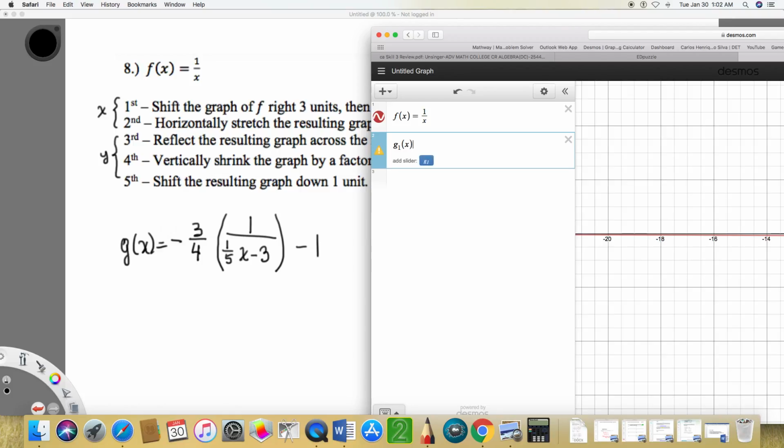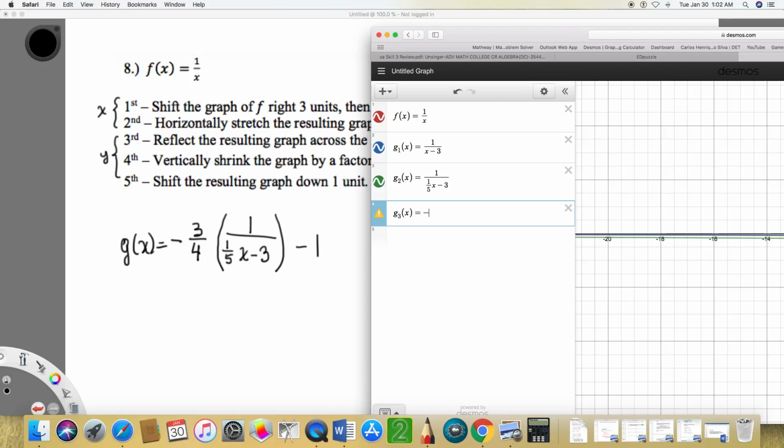Our first transformation shifted the graph to the right, so this 1 over x will be minus 3 is to the right. And then the second transformation is still on the x coordinate, and we've got 1/5 of x minus 3. Those 2 transformations are affecting the x coordinate. Then our third transformation begins to affect the y coordinate,